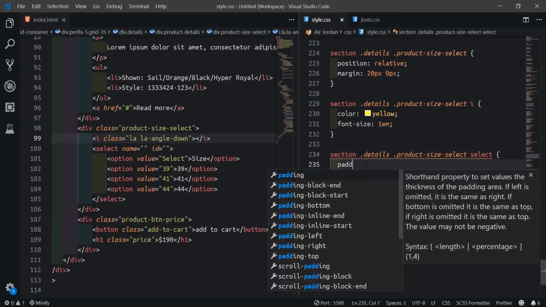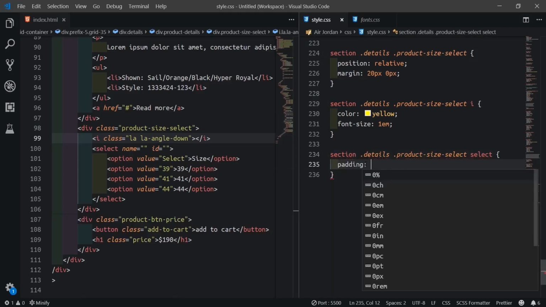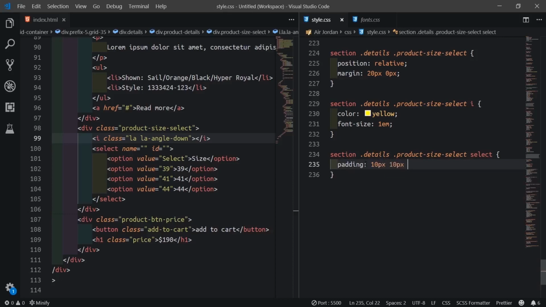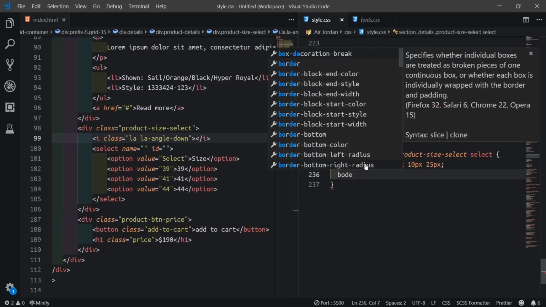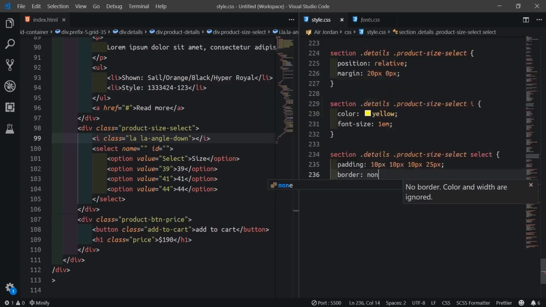I'll say maybe padding 10 pixel top, 10 pixel right, 10 pixel bottom, and 25 pixel the other side, which is the left. Then the border to be none,